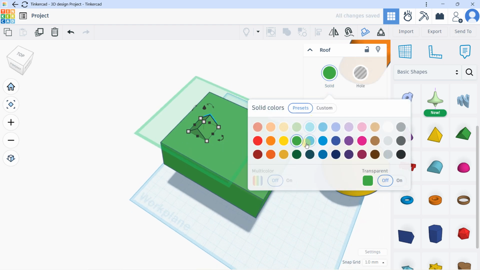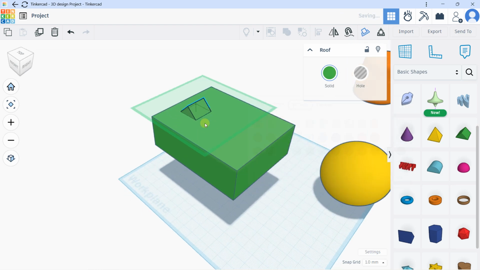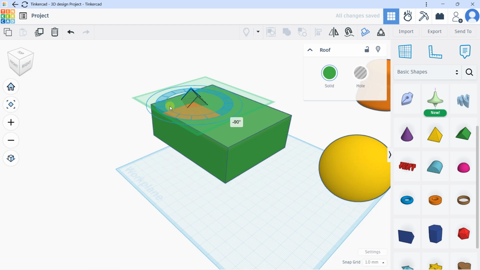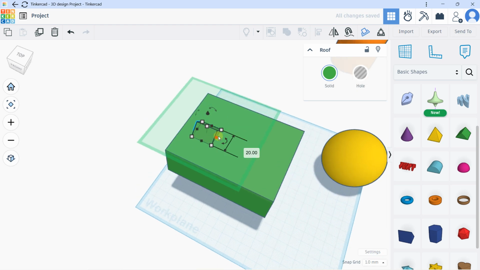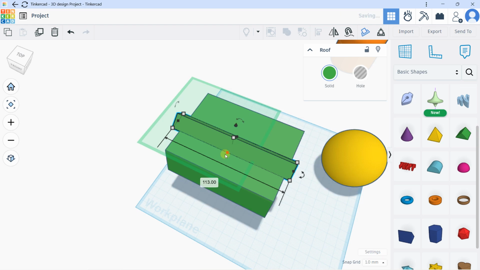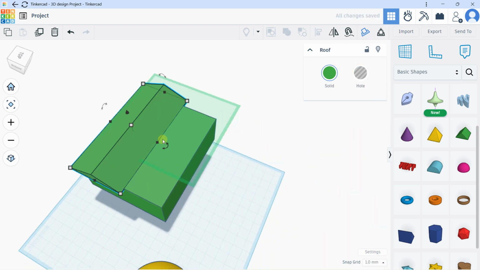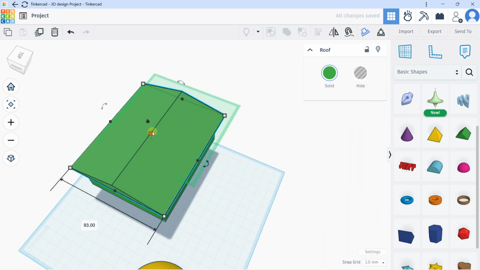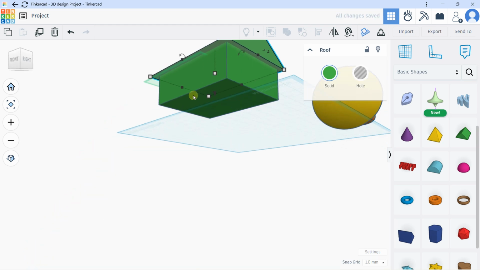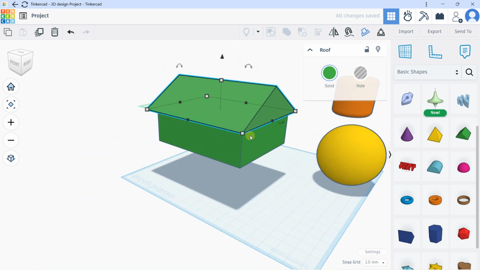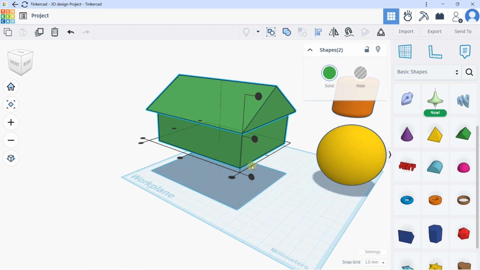I can switch for the color or keep the same color just like this if I need, and maybe I can turn like that for the roof, because for the roof I don't have more options, and I will be able to scale just on this area, scale on this area, scale here, maybe I can scale here, I can move a little bit like this, and I will select this roof, shift the cube at the same time, alignment panel,